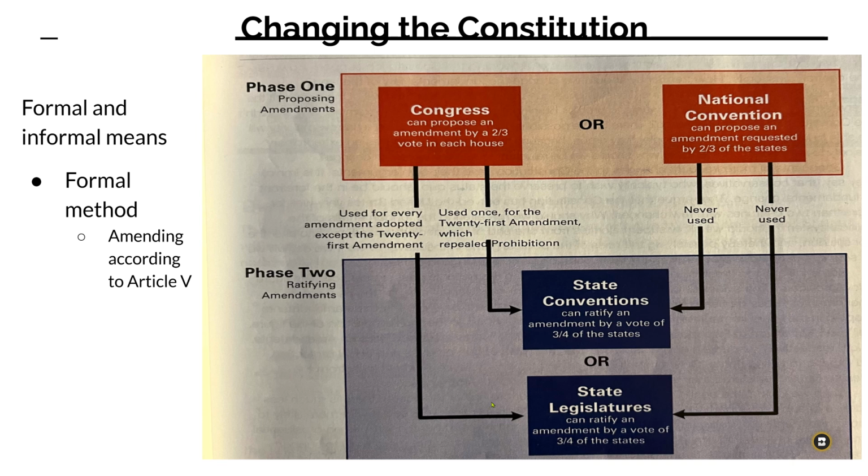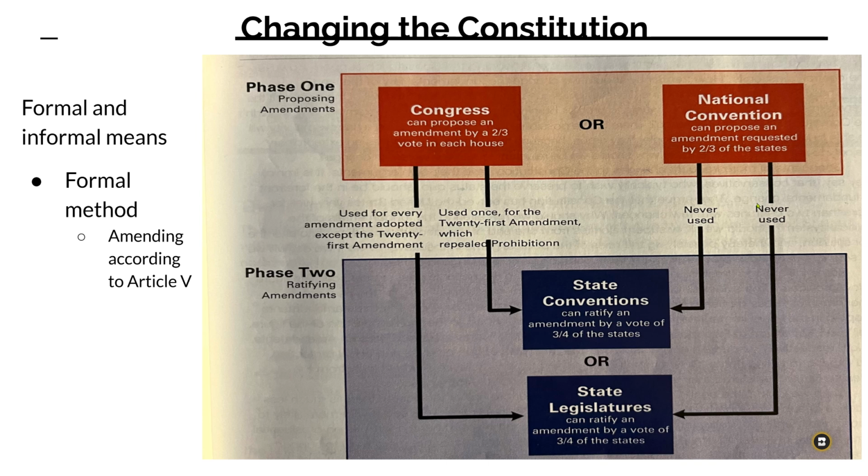Which looks like this. And so there are 2 stages in the amendment process, and there's 2 ways each stage can be accomplished. The first step is to propose an amendment. Now, anybody can suggest an amendment. Lots of people have put forward all kinds of amendments that are going to go absolutely nowhere. But to propose an amendment officially,